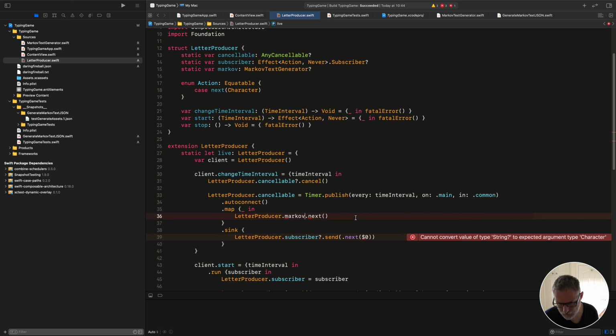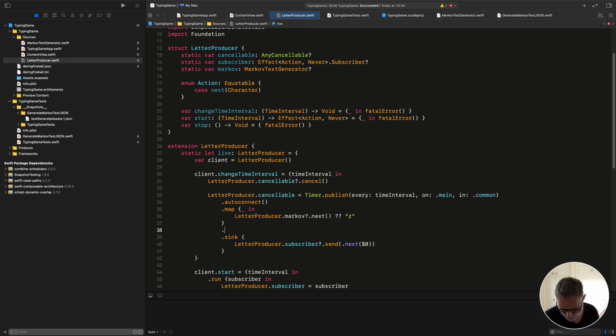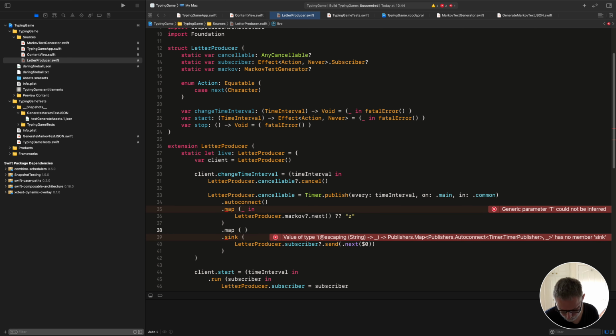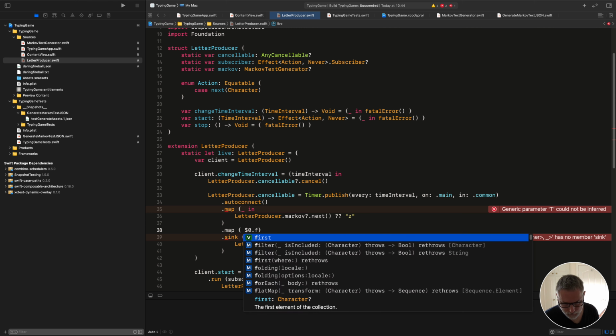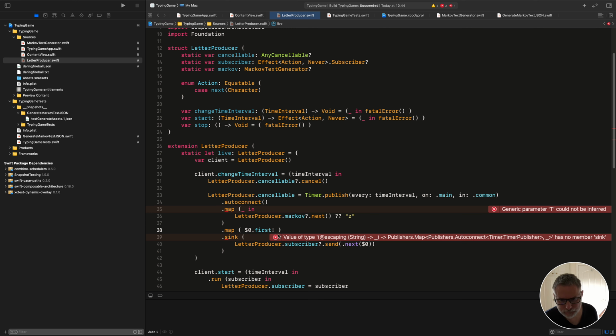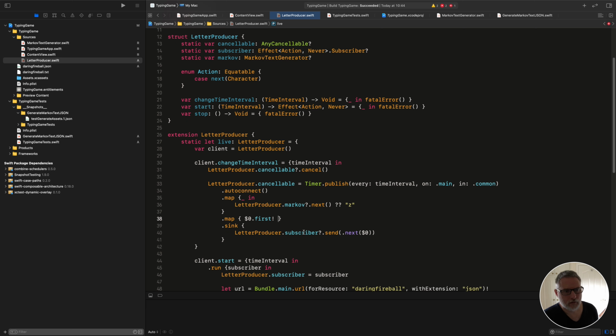Let's make it so if I don't have the generator going for some reason, it doesn't crash. And because this is generating strings, let's make it generate z. We want to then map it to a character. And now, if we play the game,